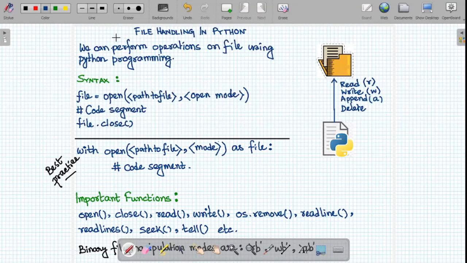Hey everyone, in this session we will understand file handling in Python. File handling is a very frequent requirement in real computer programming. We can perform operations on a file using Python programming, and that is what file handling in Python is about. The idea is you will write a Python program to access a file present either in your computer or in some remote location. In Python, there are a lot of functions through which we can perform file handling very